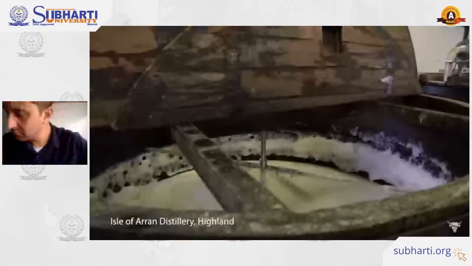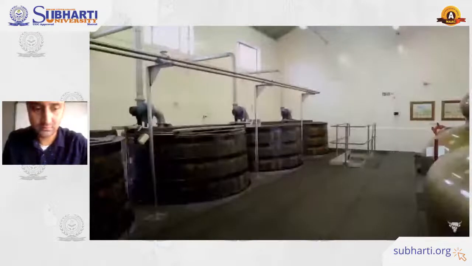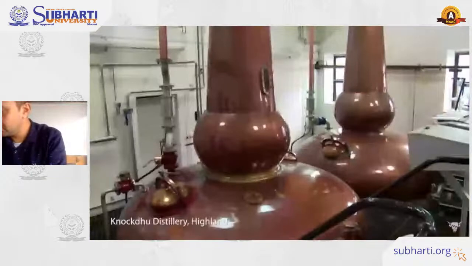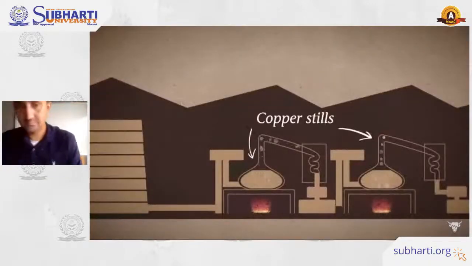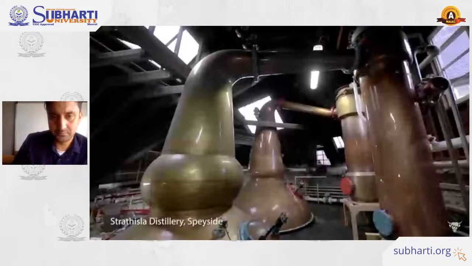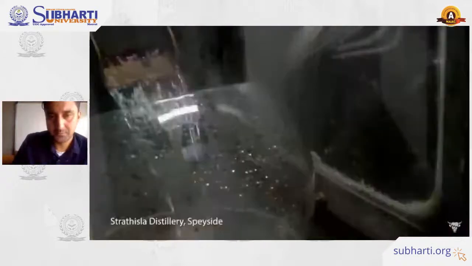The wash traditionally gets distilled in two large, distinctive copper stills that act like giant kettles, sending alcohol vapours up the swan neck to condense in pipes cooled by cold water. The liquid runs off from the second still into the spirit safe, to make sure every drop distilled is accounted for and taxed accordingly.